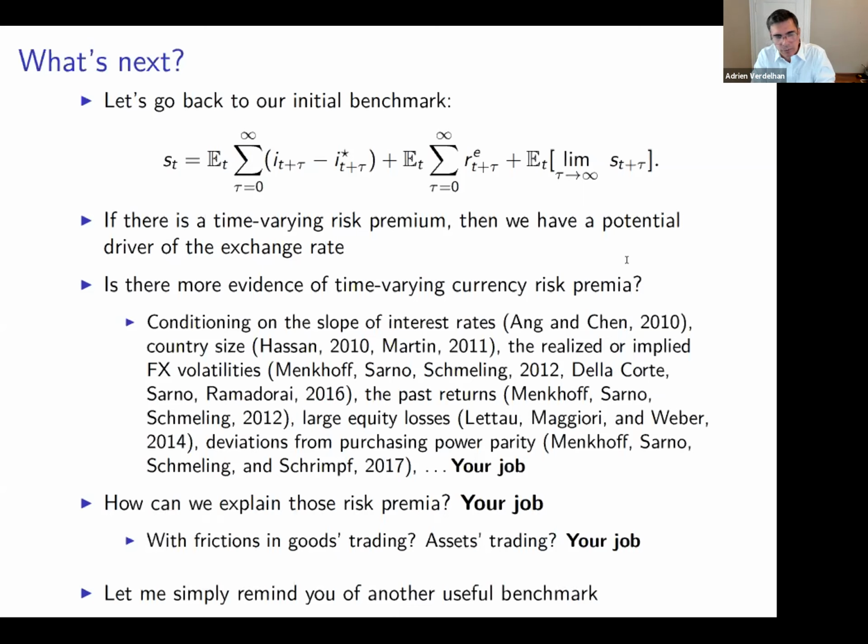But there's something more. We found the evidence for risk premium, but the next step, of course, is to explain what's behind the risk premium. And it's a very fair point to say that we have a lot of work to do there. And by the way, we're in good company. It's not like everybody agrees on why the Fama-French factors exist, right? It's a bit of the same for the currency markets. We need to understand what we see in the data. We need to understand why those risk premiums exist.